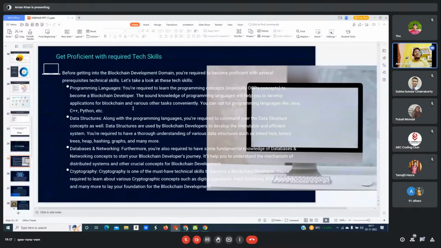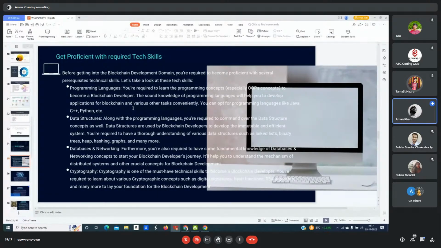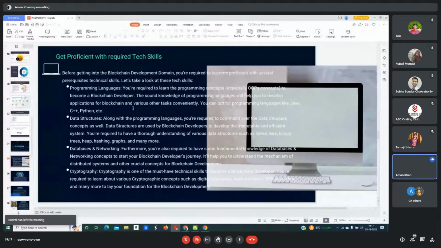After that, you need to understand some data structures and algorithms. After that, you need database and networking. Database and networking are pretty much required in all fields, whatever it is. If you're talking about web development, data science, anything, you need to store the data. So whenever you need to store data, you need a database. Okay, after that, the most important thing involved in blockchain